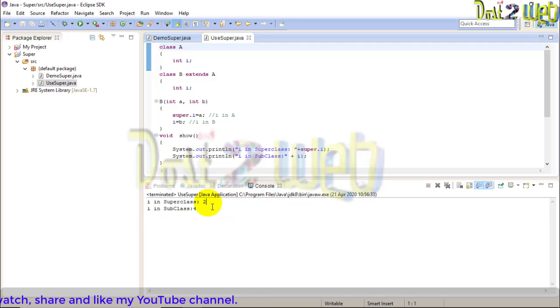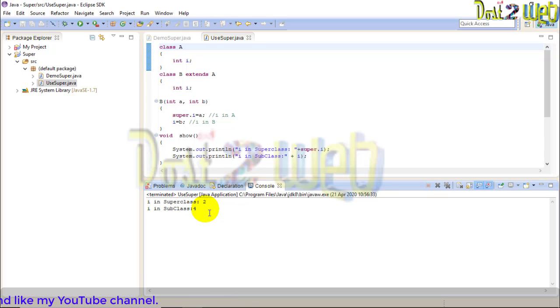See, i in 2 and 4, the output came. Understand one thing, that's where I made the mistake. So you will know where we can get errors in Eclipse. We wrote the program correctly, no error, but it's still not executing, and we keep thinking. So this is the problem here.